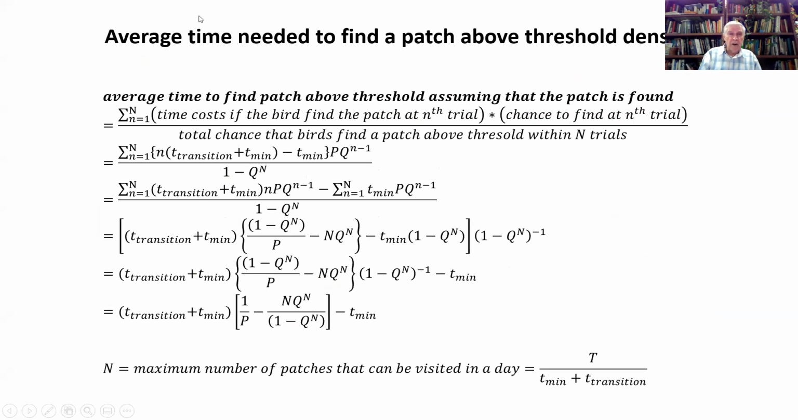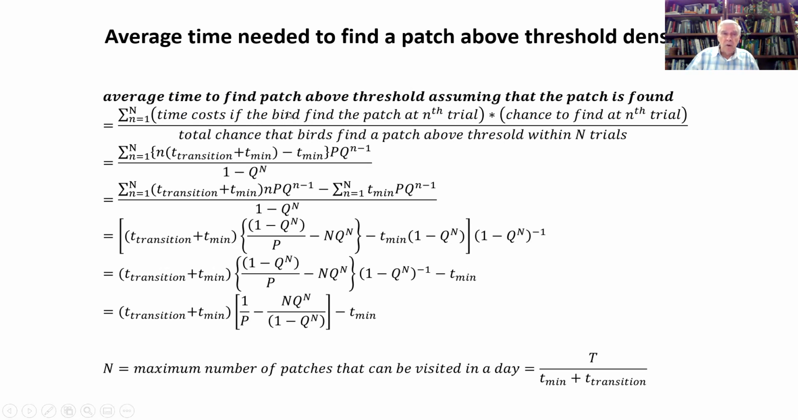Okay, then we can calculate the average time needed to find a patch above threshold density. I won't go through this, but it's just the average time to find a patch. It's the summation over time costs. And this is under the assumption that it has found a prey, so it has to be divided by the probability. So this is conditional on it having found a patch above its threshold. And it's just a summation over time costs